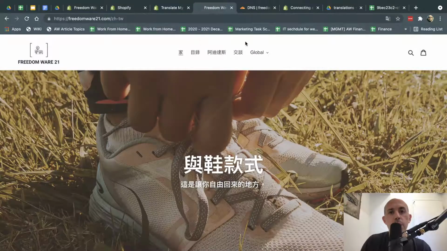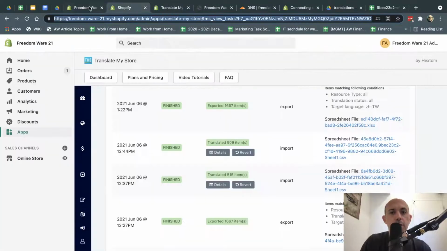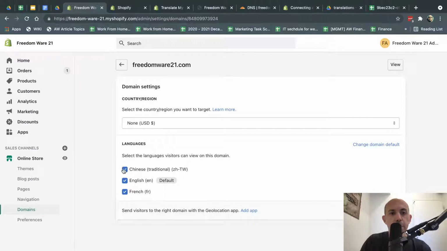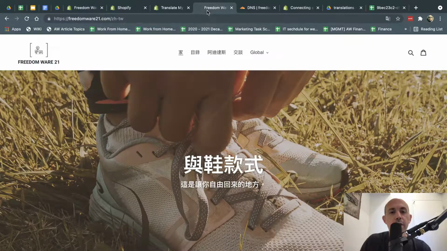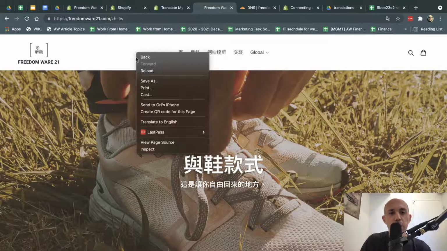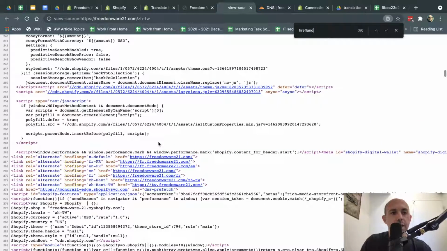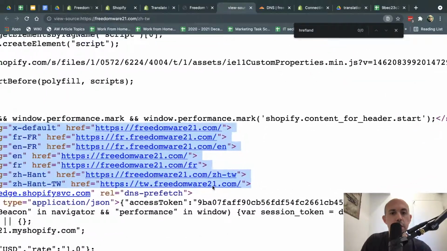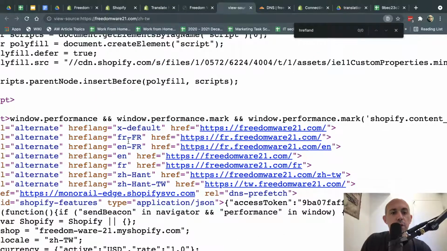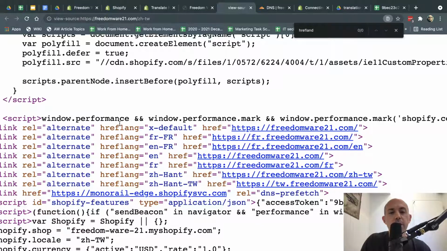Now, another important thing about countries, which is a really good thing about doing this right here. Another nice thing for SEO is that Shopify automatically adds hreflang tags, these ones right here. All of these tags specify to the search engines that these pages are available in different languages in different countries.